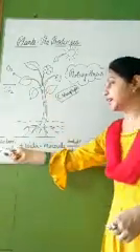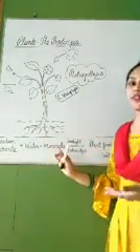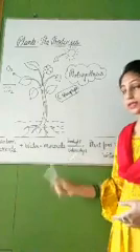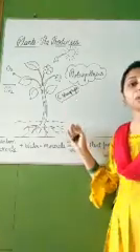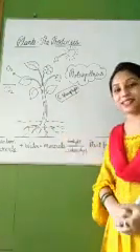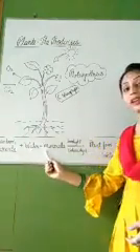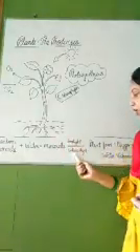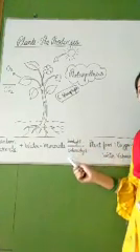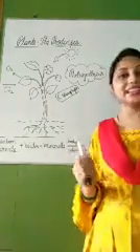So here you can see carbon dioxide. This is the main formula of photosynthesis. When you learn this, ultimately you can understand and explain to everyone what photosynthesis is. So when carbon dioxide plus water plus minerals come together in the presence of sunlight, the chlorophyll traps the sunlight. Then plant food is prepared and oxygen gas plus water vapor is released.